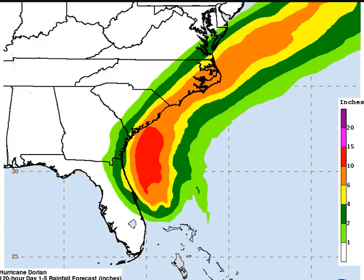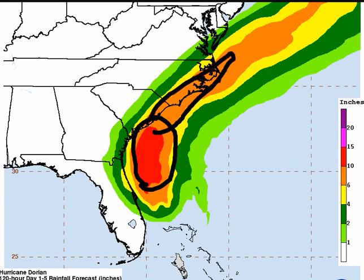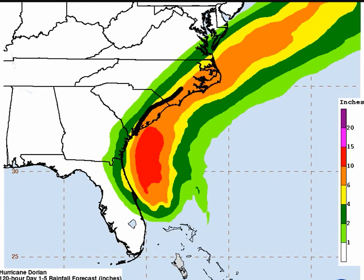You can see now this is through the next 5 days. Where Dorian is, we're going to get very heavy rain, 10, 15 inches. And a lot of this heavy rain, 6 to 10 inches, could expand into areas of South Carolina all the way through the Outer Banks of North Carolina, with some heavy amounts 4 to 6 inches further north, even into Virginia. So you guys need to remain very vigilant,